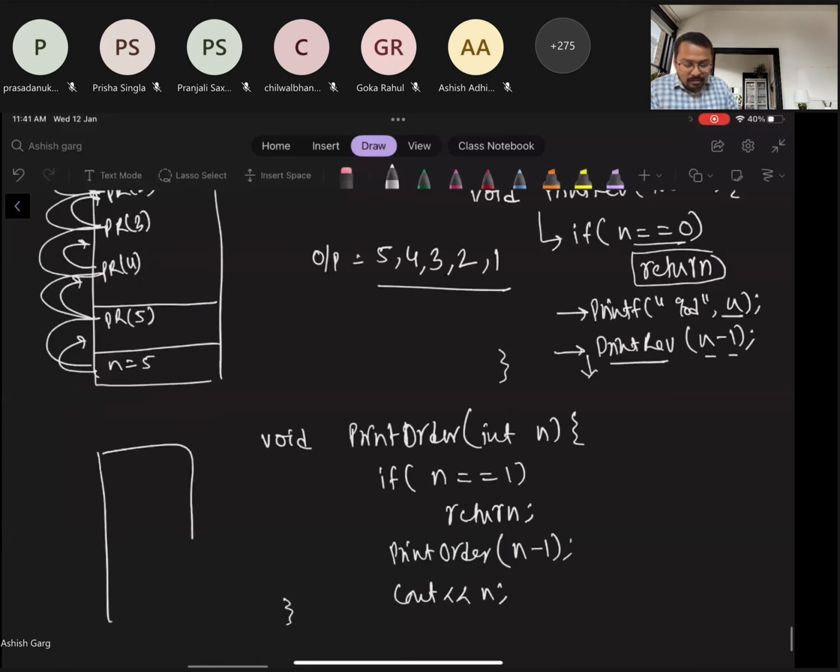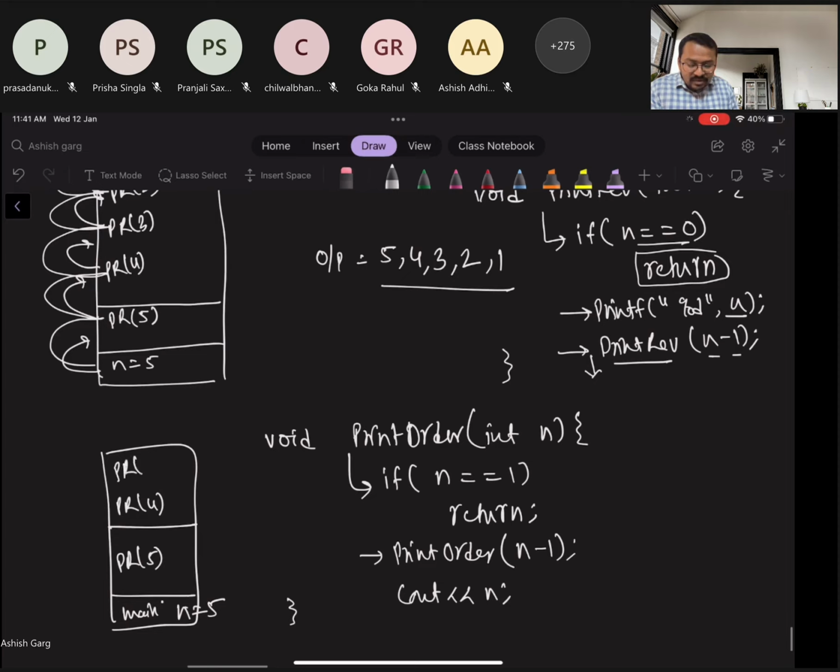Let's try it out. Again, inside main we have called with n equal to 5. Since it is not equal to 1, it is calling pr of 5, then pr of 4, then pr of 3, then pr of 2, then pr of 1.